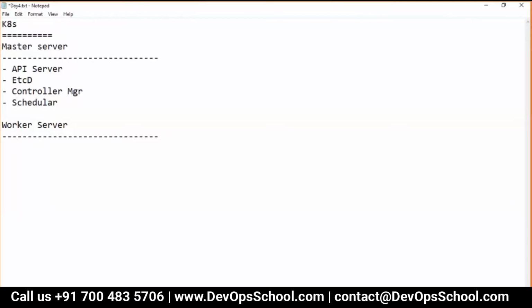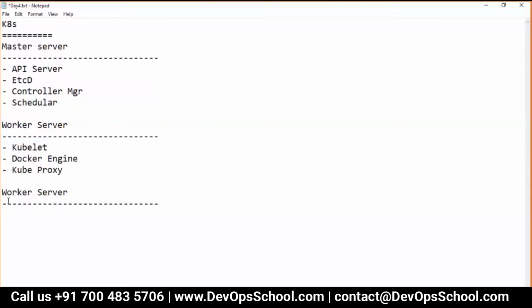In the worker server we have learned we have a kubelet, and we have a Docker engine, and we have kubeproxy. So I hope you remember all this stuff.